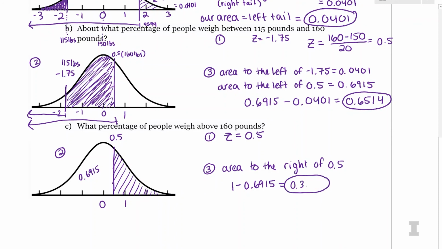No worries, 0.3085. So what this is saying is if you're 160 pounds, you're slightly above average. You're 0.5 standard deviations above average to be exact. And about 31% of people in the data set weigh more than you. So hopefully this helps with using the normal curve to answer questions about our data. And again, you can convert any units to standard units. So hopefully we'll see a bunch more examples where you can keep nerding out with the standard normal curve.